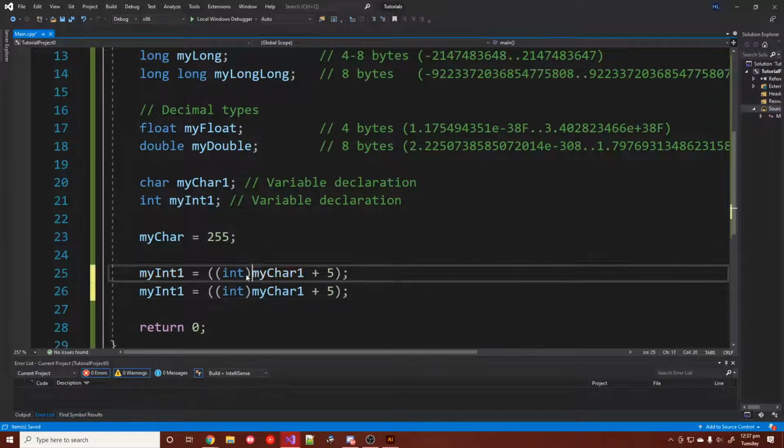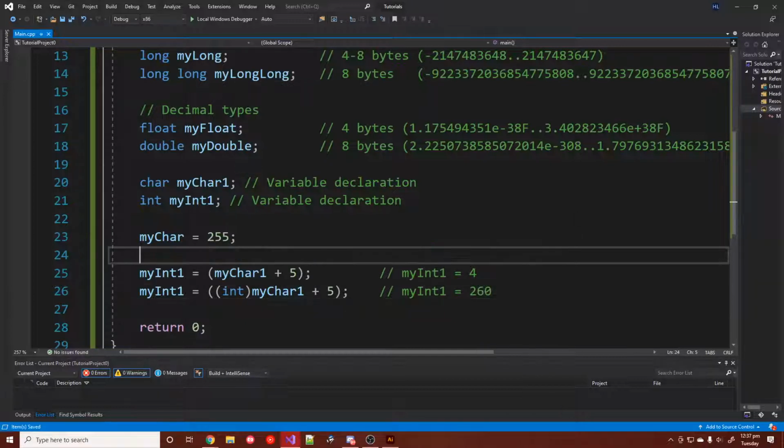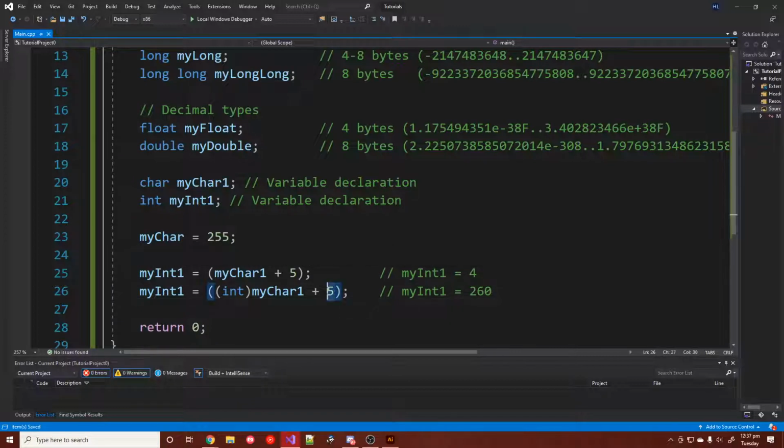So if you have these two lines of code that are the exact same, except that one of them is converting to an int first, in this one you would have my int equals 4. But in this one, you would have my int equals 260. Because 5 plus 255 in char land,